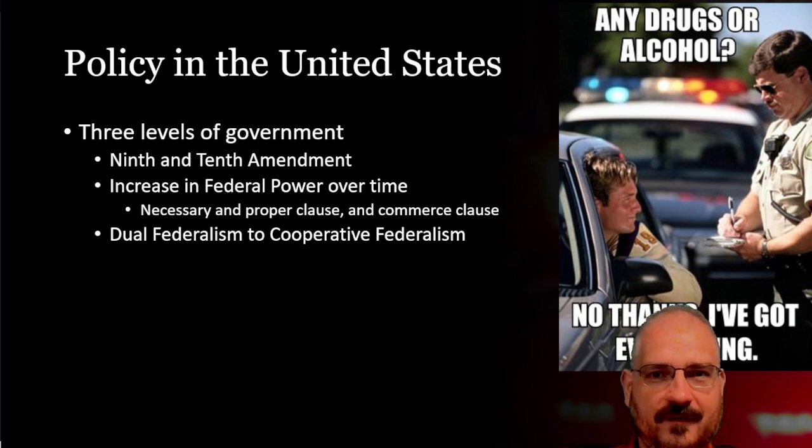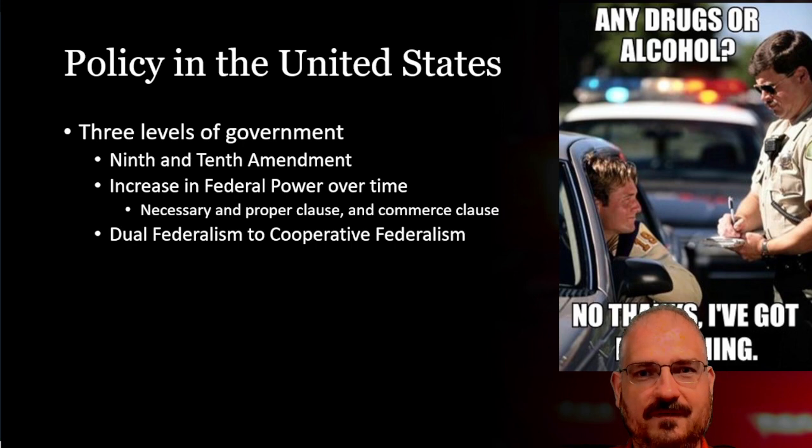For the first 150 years of the country, the federal government was very weak comparatively. They didn't have a lot of power. They didn't do a lot. Obviously, things like foreign relations and stuff that has to be done by a national government, but not a lot outside of that. But then there were two parts of the Constitution that the federal government has used, especially over the course of the 20th century, to get more powerful and more influential and have more of a say on everything from the everyday lives of Americans to the world stage as a whole, right? And that's the Necessary and Proper Clause and the Commerce Clause.